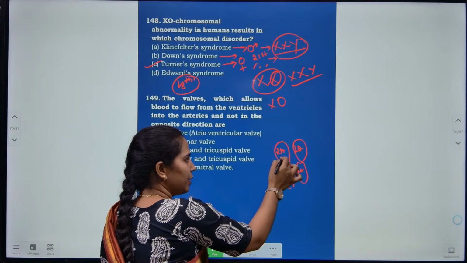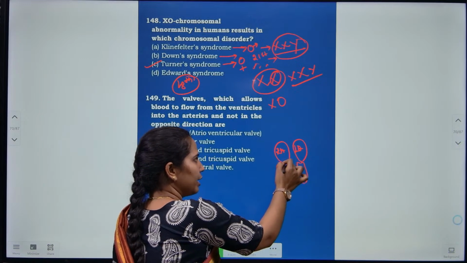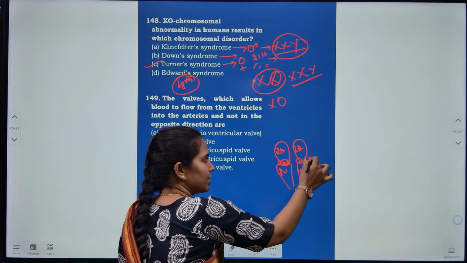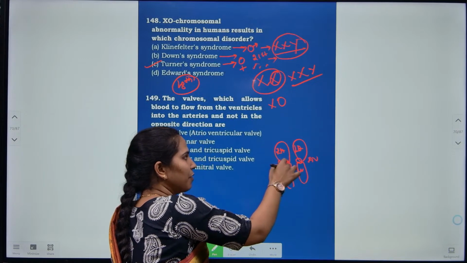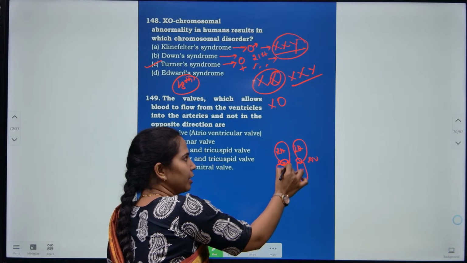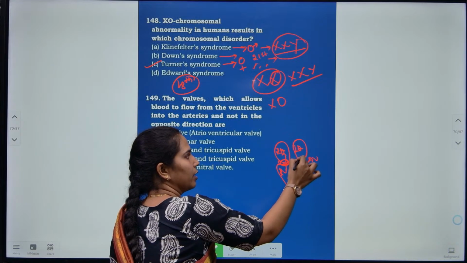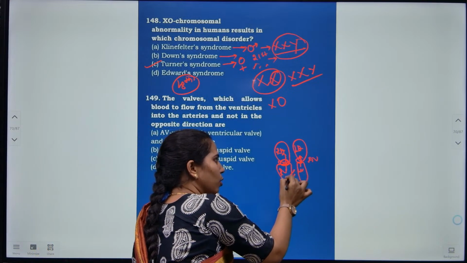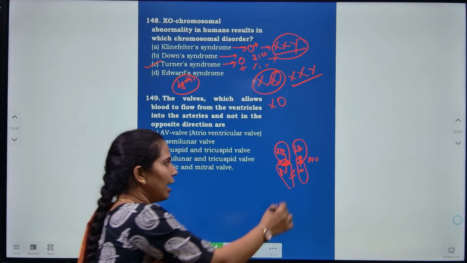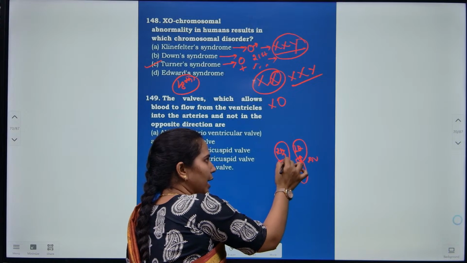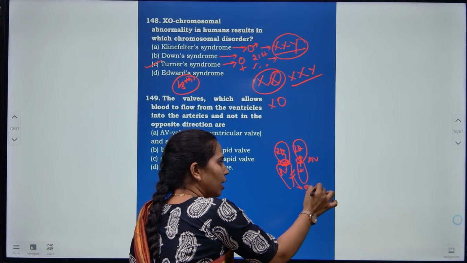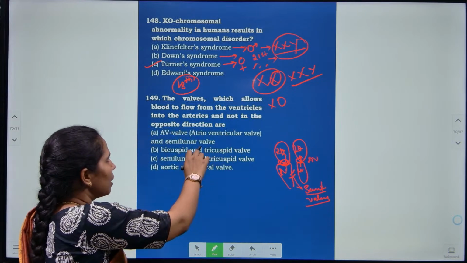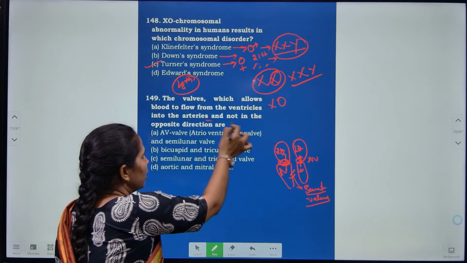Between the atrium, or auricle, and the ventricle, there is a valve called the AV valve, that is the atrioventricular valve, which prevents the flow back of the blood from the ventricles into the atrium or auricles here. Second, there is one more valve called the semilunar valve, which opens at the ventricle region. Both the AV valve as well as the semilunar valve help to prevent the flow back of the blood